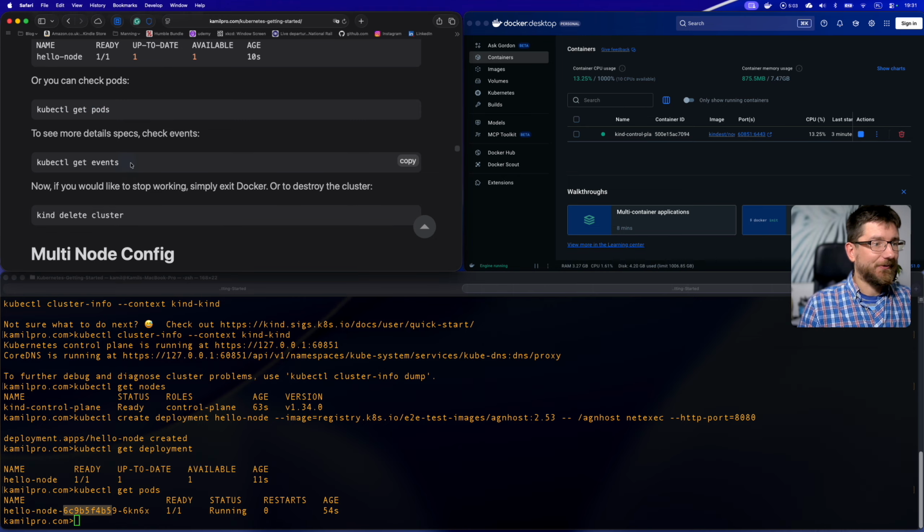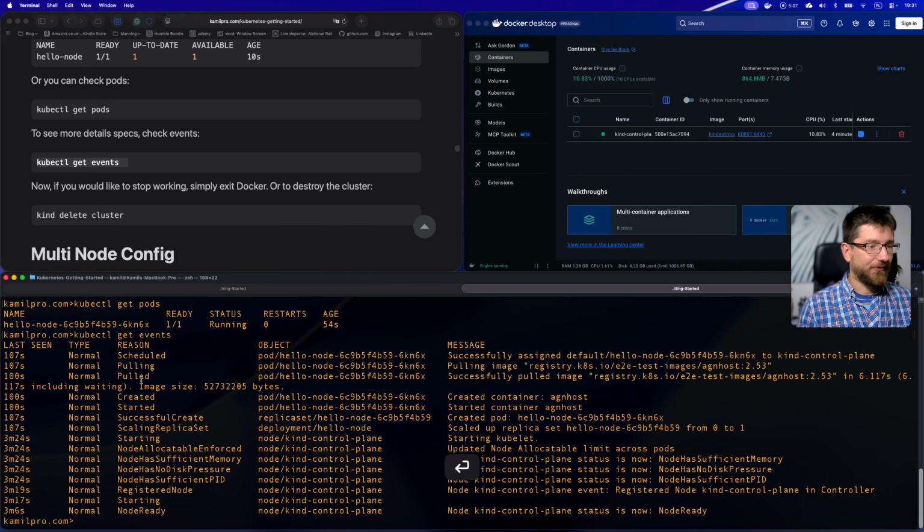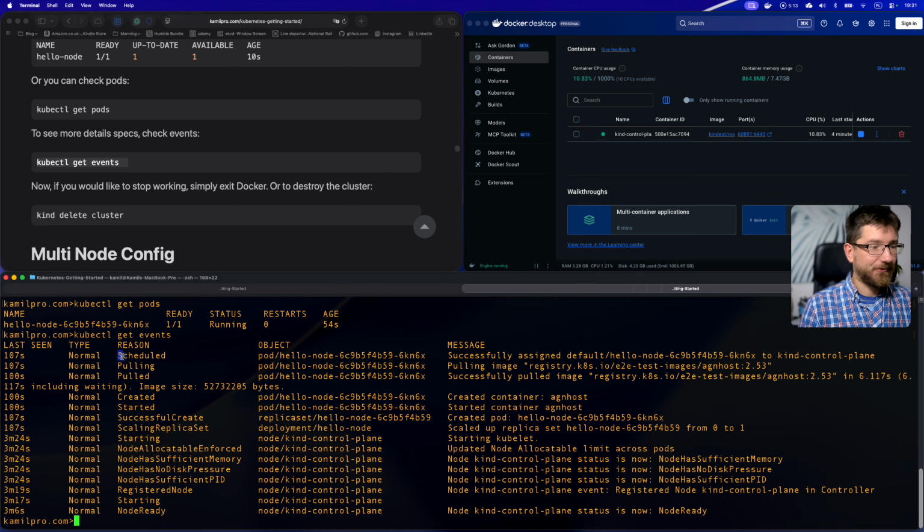We can, for example, also check events. So I can also see the whole story of what's been going on. We have scheduled, so we said, I want you to run this image somewhere. We can see that it will go and download the image from the registry. We can see that it created your deployment, replicas, etc. You can see the whole journey of how this deployment came to life. But this is a very simple